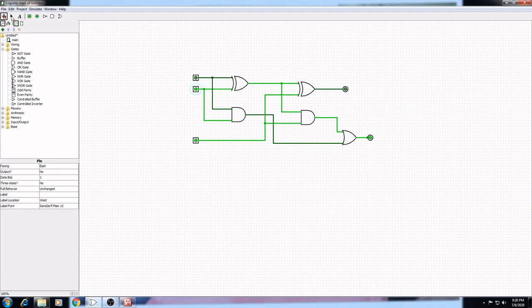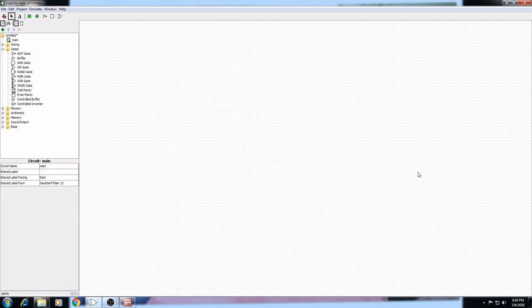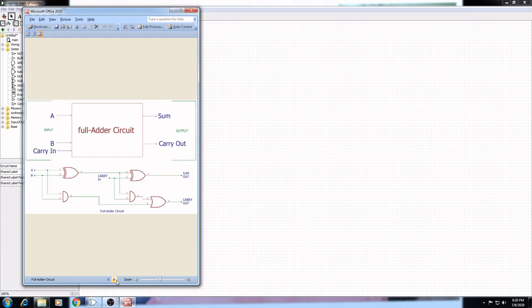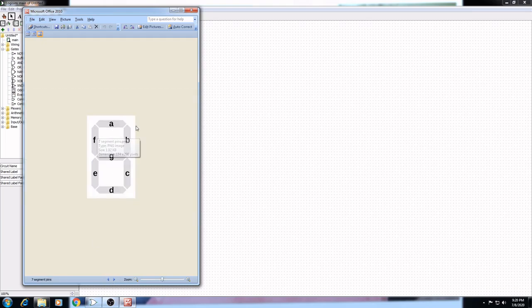Now next I am going to demonstrate the example of binary to decimal. So let's say I just remove it. I hope you understand how we can simulate the full adder. You can easily simulate any circuit that you design in this Logisim. So let me show you the truth table for this 7 segment decoder and how it works. This basically has 4 input lines, and the output lines are A, B, C, D, E, F, G. Why? Because we have the 7 segment display like this.